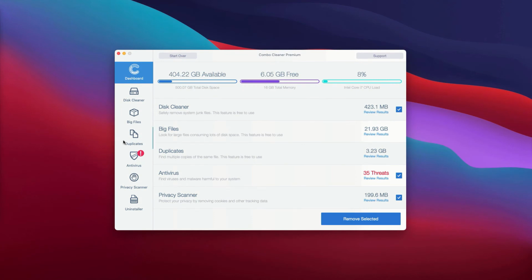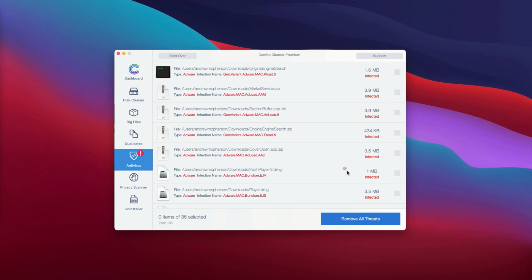After the scanning is completed, you'll see the detailed report about the status of your Mac. You may go to the antivirus area and click on Review Results. The antivirus will give the total number of threats, and to review them, click here. Now, the program will show you the name of each specific threat, and what's very important, it will also show